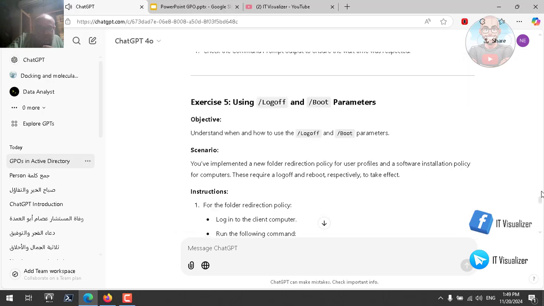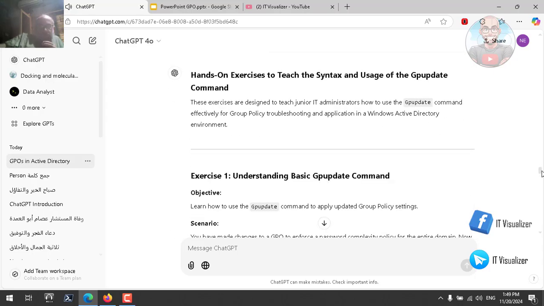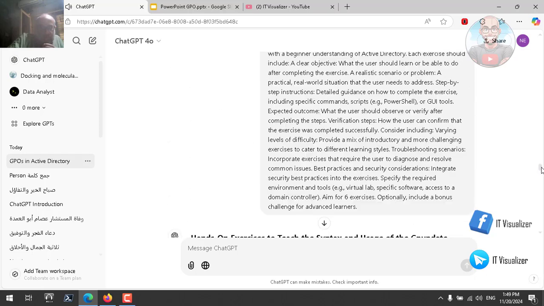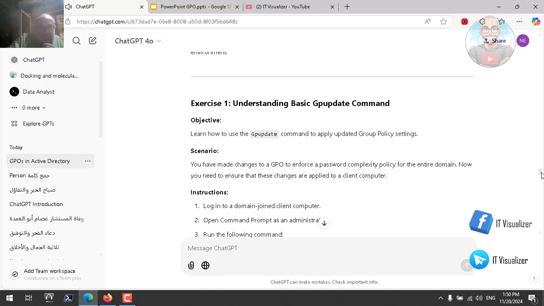Hands-on exercises to teach the syntax and usage of the gpupdate command. These exercises are designed to teach junior IT administrators how to use the gpupdate command effectively for group policy troubleshooting and application in a Windows Active Directory environment. Exercise 1. Understanding basic gpupdate command. Objective. Learn how to use the gpupdate command to apply updated group policy settings. Scenario. You have made changes to